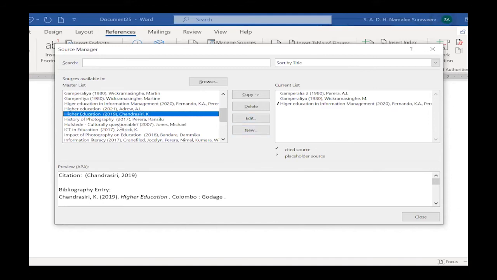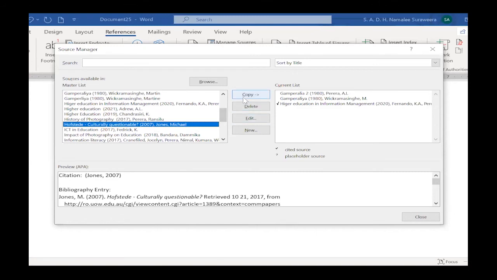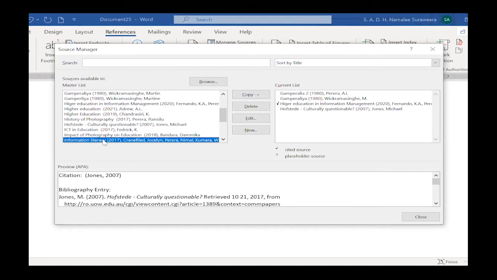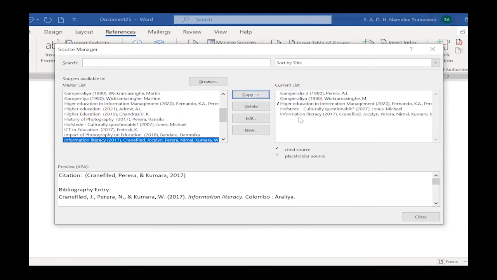And I would also like to add this Hofstede one. I select that one, copy, and then bring it into the other box, right? If I'm happy with these, I'm also thinking I would like to see information literacy and copy. So that's also in the list. Current list means the current list that I'm working on in this Word document. Okay. So then I have already chosen whatever I want for the reference list, and then click on the close button,